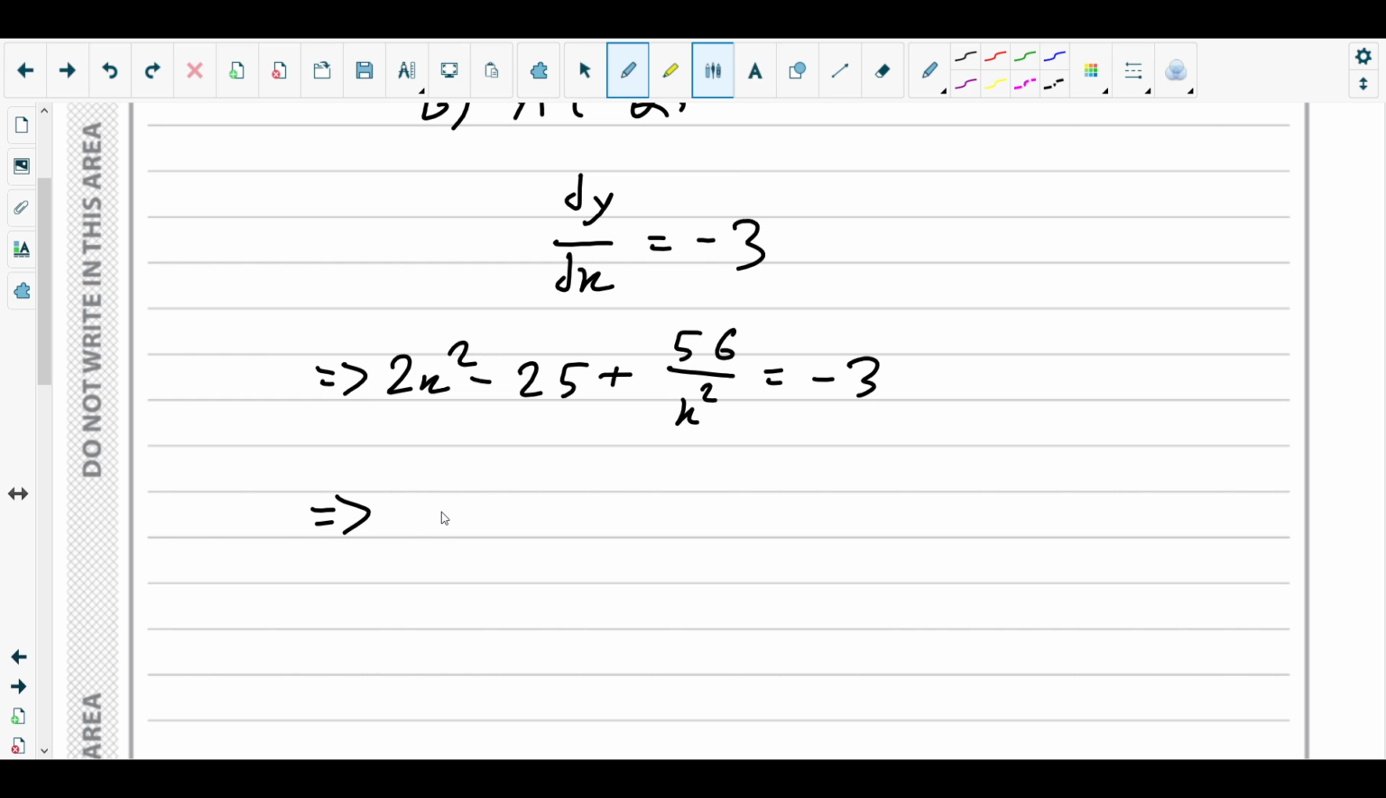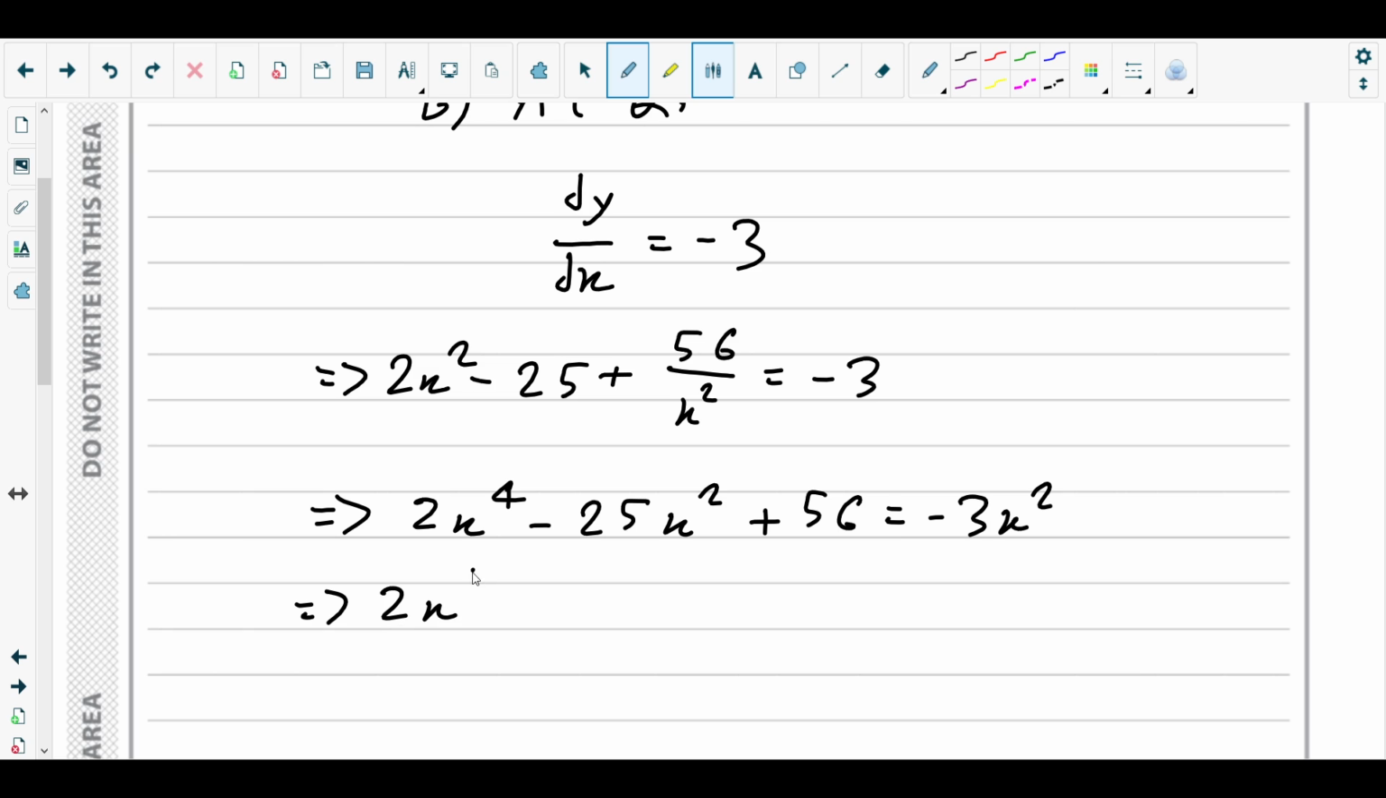You will get here twice of x to the power 4 minus 25 x squared plus 56 equals to what? Negative 3x squared. We multiply both sides by x squared. So now take all of the terms to the same side. 2x to the power 4 minus 25x squared plus 3x squared. So that would give you negative 22x